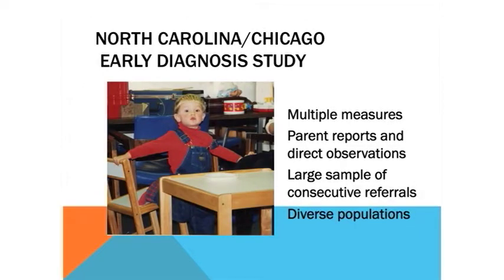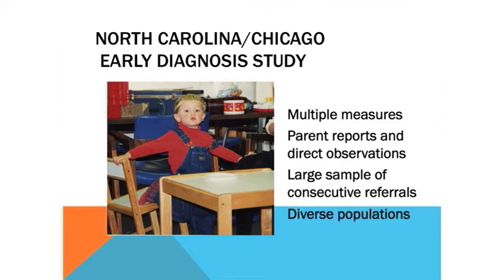So I had done a tiny little study when I was in Canada where I'd seen 30 kids referred for possible autism at age 2. And it literally was like a one-woman show where I did the ADI, then I did the ADI while the child was sitting at my feet, and then I'd get on the floor and do the ADOS, and then I'd get back up and talk to the parents. And with that, working with a child psychiatrist who saw these kids later, we looked at features that at 2 seemed to predict that these kids really did have autism and still had it at 3.